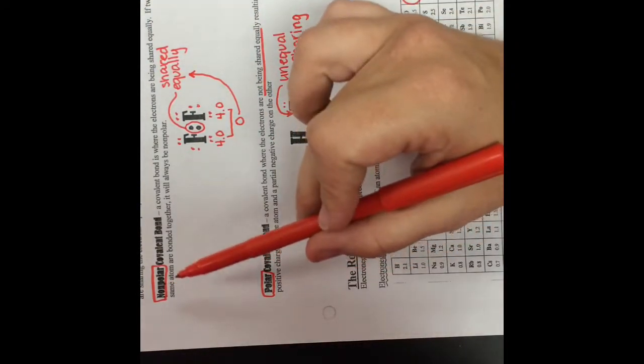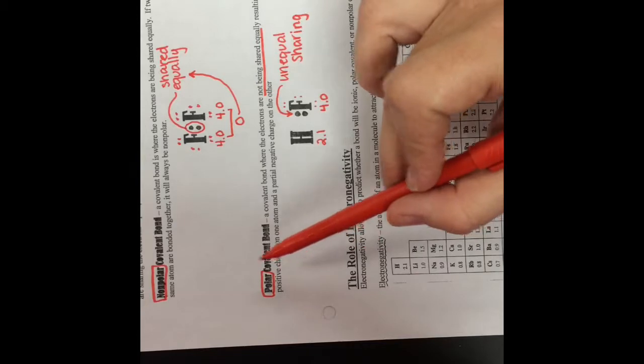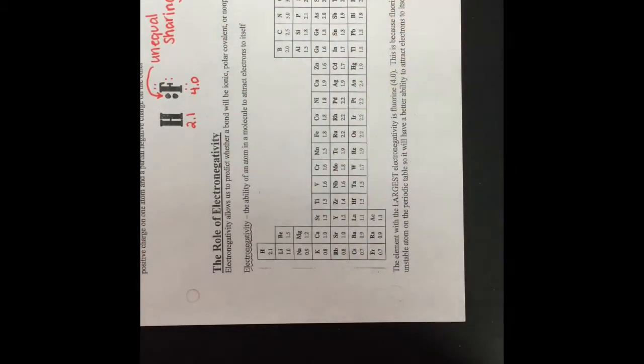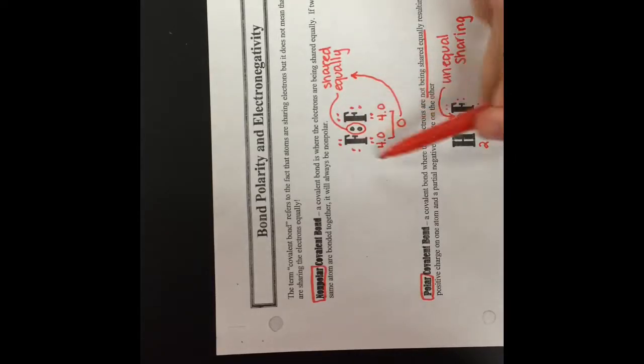So now we should be able to look at bonds between atoms, and we should be able to tell whether or not they're non-polar or polar, and that is using this electronegativity table. Okay. Now, if you flip your paper over, this is how we're going to represent these bonds. So when we have a non-polar bond, sorry, back on this side,